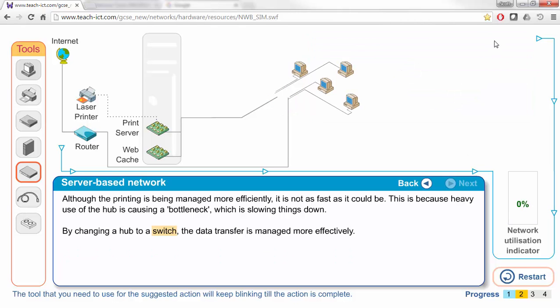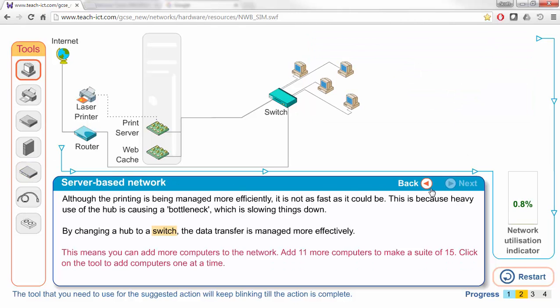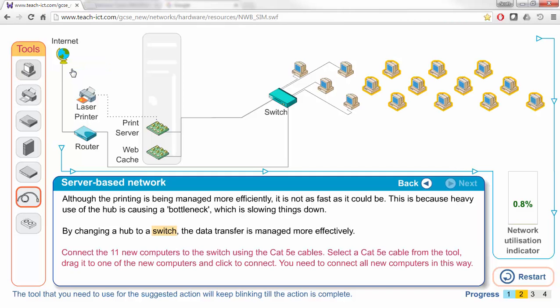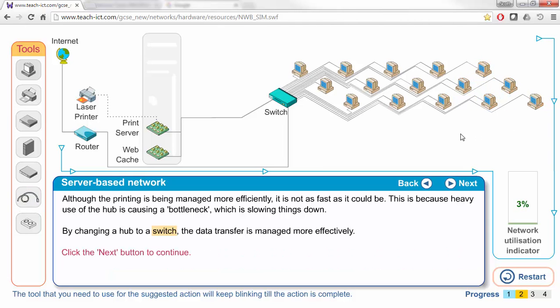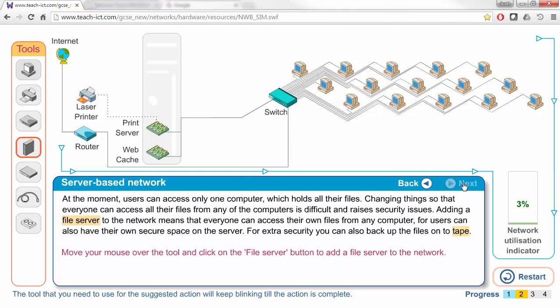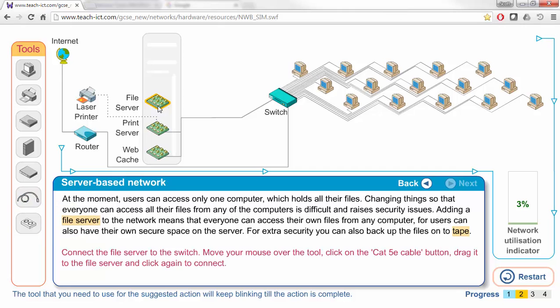Let's change this hub to a switch. By changing it to a switch, data transfer is managed more effectively. We can now add on 11 more computers. And we need to connect all these up. So users can only access one computer which holds all their files. So changing that so everyone can access their files, we need to add in a file server, which we need to then connect in